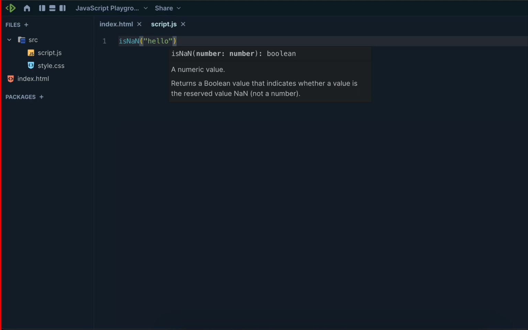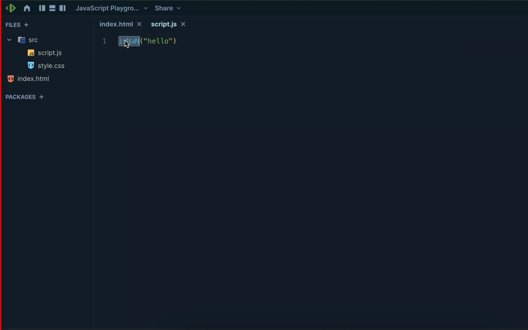NaN is the function. Suppose, for example, this isNaN function checks whether the value is not a number.